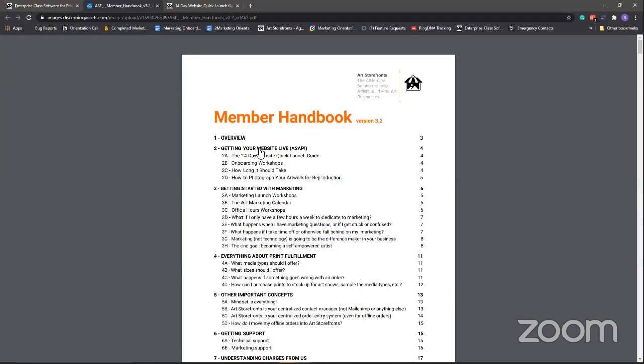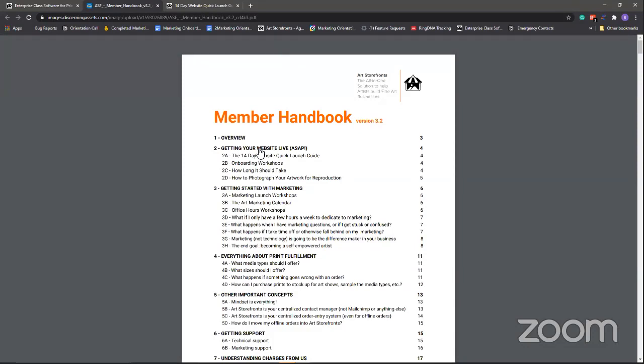So we made a plan for you to get your website launched within 14 days, and we've made sure that we've gathered all the information that you will need to accomplish this, because we set a goal. And the reason why we set a goal is to basically push you just a little bit, because we're humans. If you feel like you have the whole month or the whole year, you probably spend your entire life setting up the site. But if you have 14 days, then you're like, okay, you have a goal,